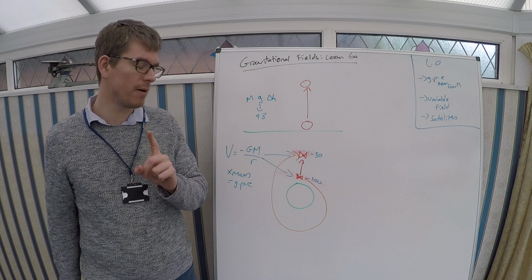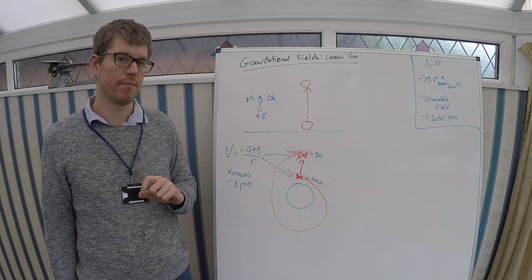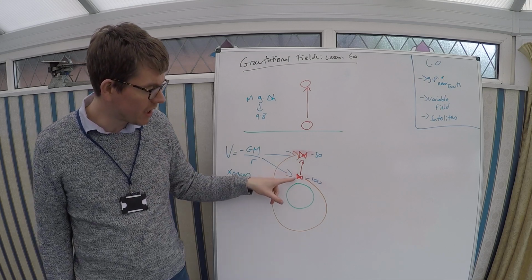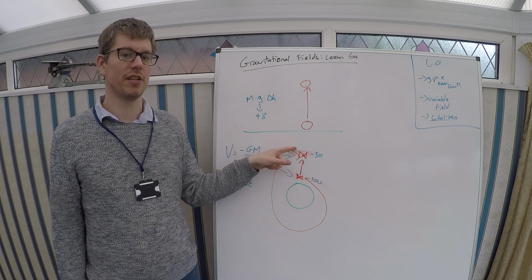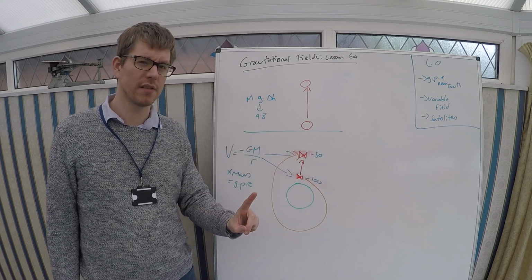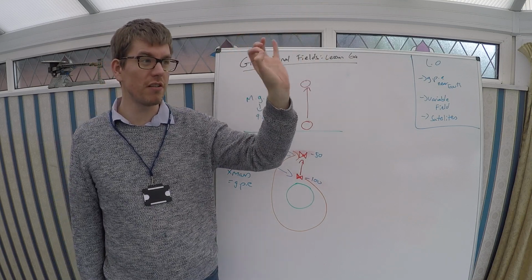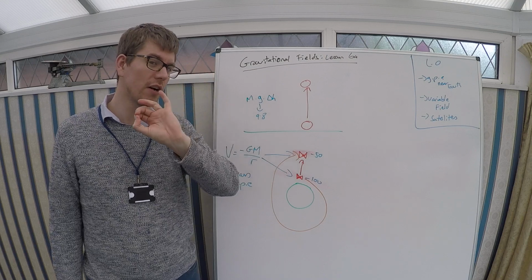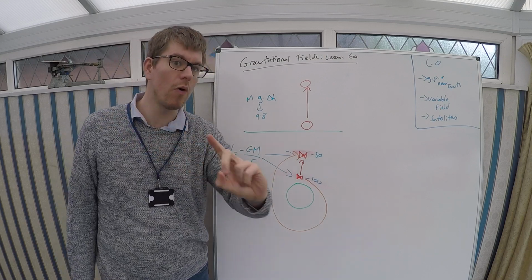Just pause the video, think a moment. Is it going to be faster at the top, at the bottom? The answer is it's faster the closer it gets to Earth. Because it's gaining gravitational potential energy, it must be losing kinetic energy, which would make sense. Imagine you're in distant space, deep, dark space, and you're just feeling a very faint tug of the Earth's gravitational field. You're going to go really slowly at the beginning, but the closer you get to Earth, the more that